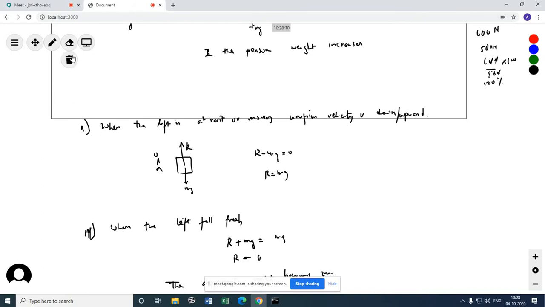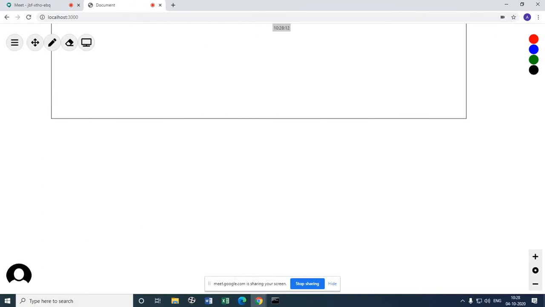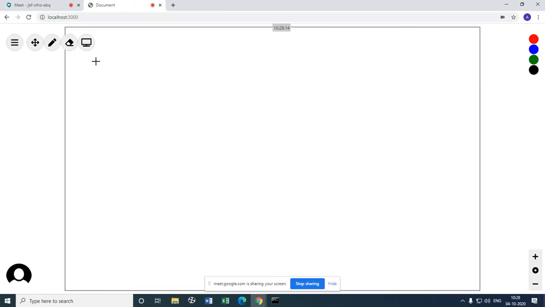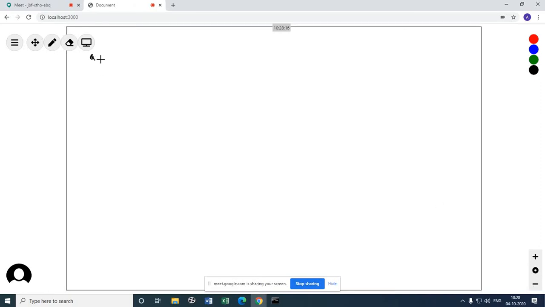A lift question. But that will be when the lift is going downwards, falling freely, with an acceleration greater than g. A lift of mass 2000 kg, that is 2 ton, is supported by